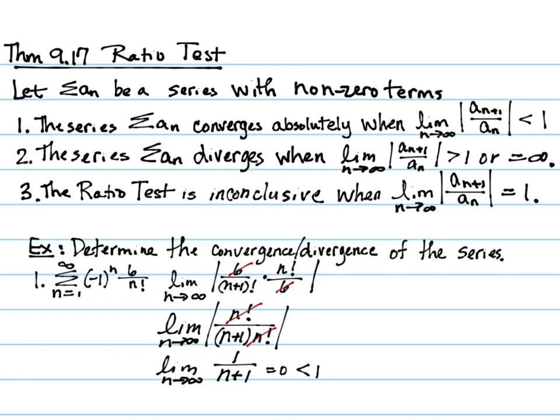So by the ratio test, this is the part that some of you are forgetting to do in your homework, so highlight it or something. By the ratio test, the summation from n equal 1 to infinity of 6 over n factorial converges